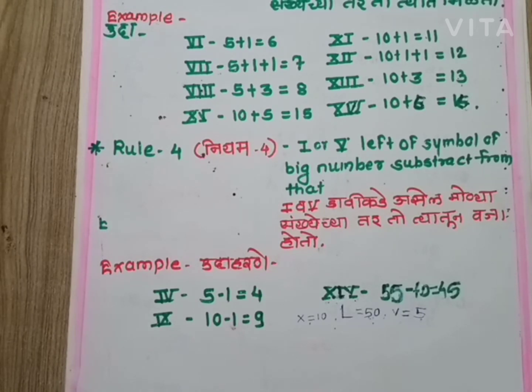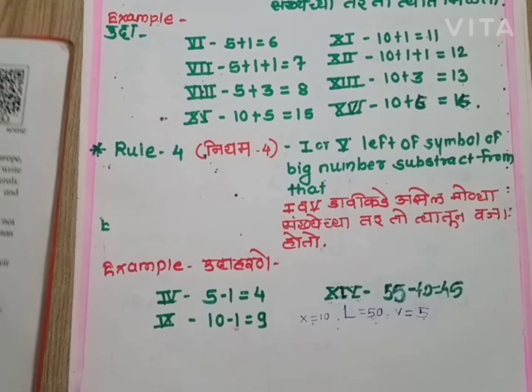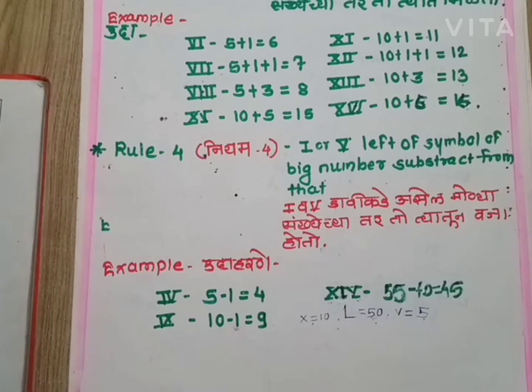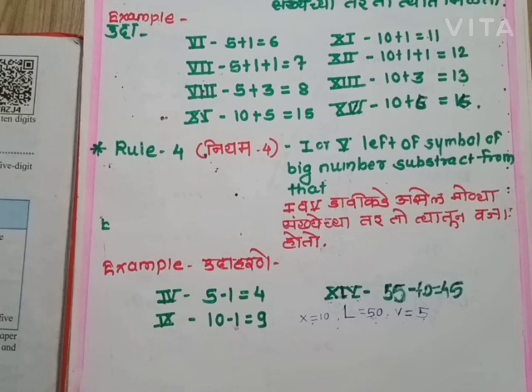Hence, all 4 rules are completed here. By this, we can see how to write the numbers 1 to 20, and we can also find other numbers too. Next, we will discuss problem set 1 of the Roman numerals on the basis of these rules and that chart.